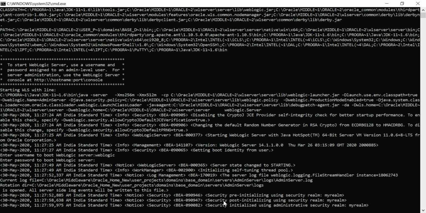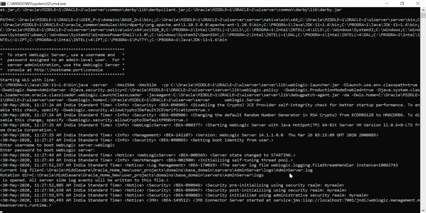Here it is initializing everything, the security realm and all.